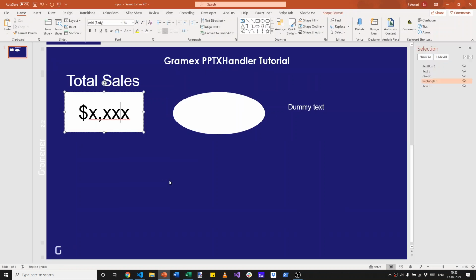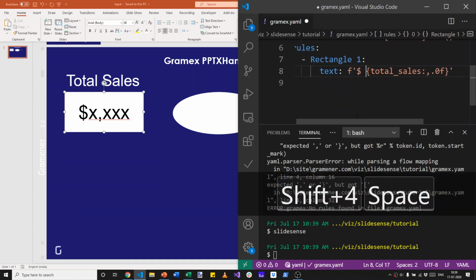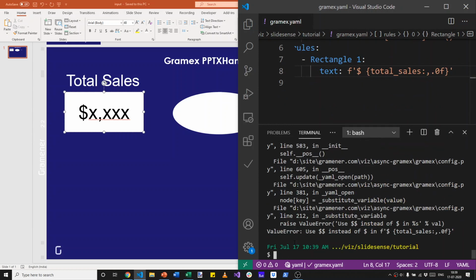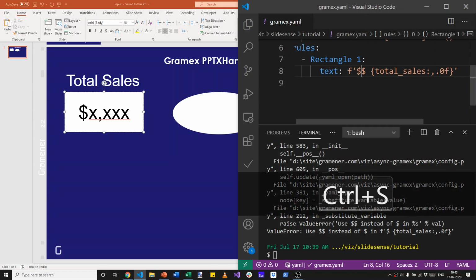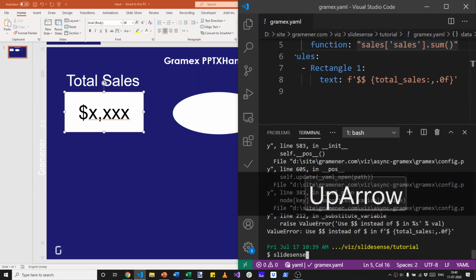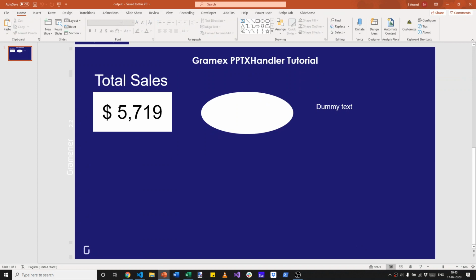But where's the dollar? Well, let's add the dollar in front and see what happens. I've put in a space before that, a space after the dollar. Now this says use $$ instead of dollar. That's because in the way we are handling YAML, the dollar expression is actually another kind of variable. So just remember that you have to use $$ instead of dollar when you create the configuration file. And that gives us this expression 5790.